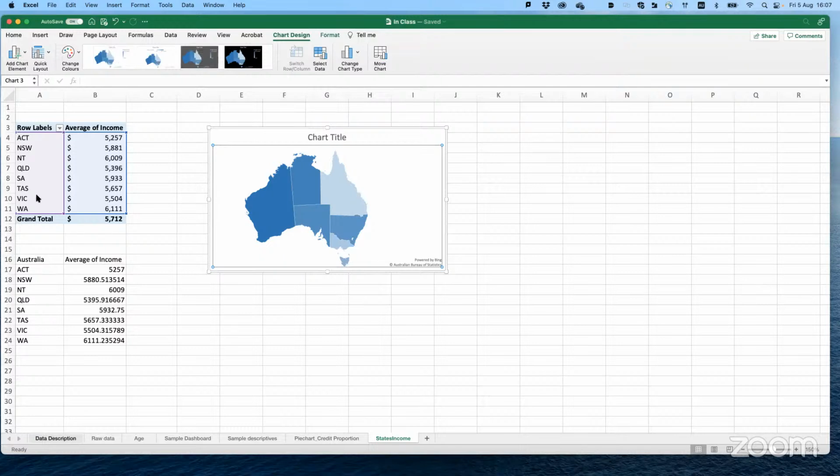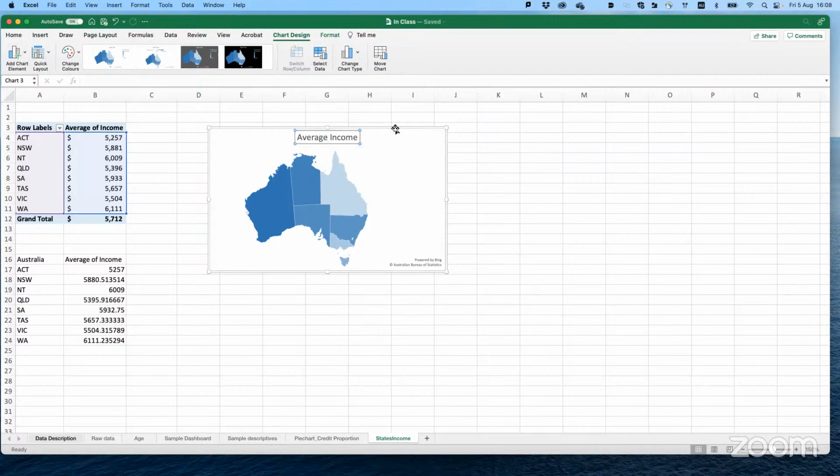Depending on the version of your Excel, it may be missing from your computer. You can Google it and find out how to add it. It depends on your Excel version. So you can put the title as average income, wage income.